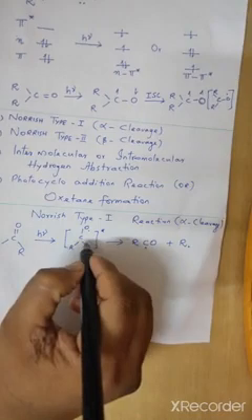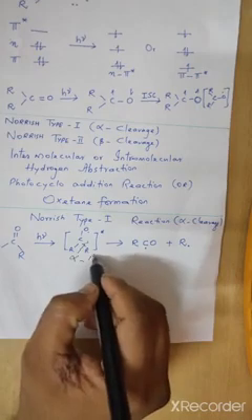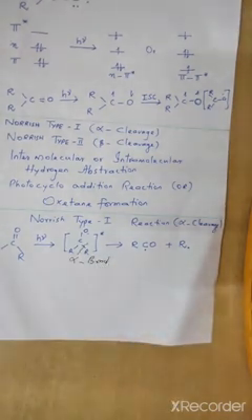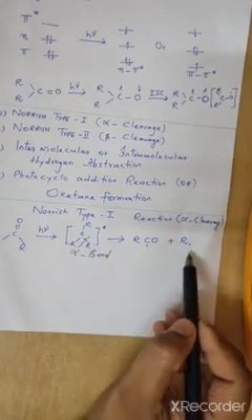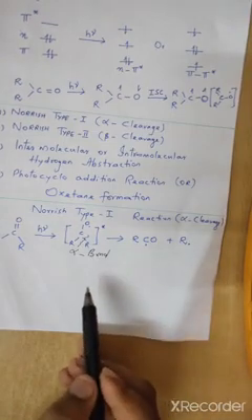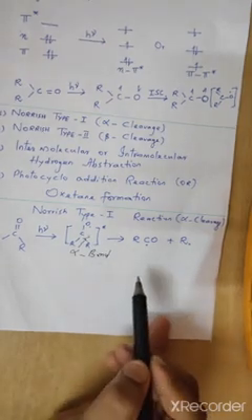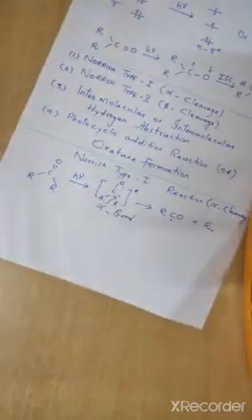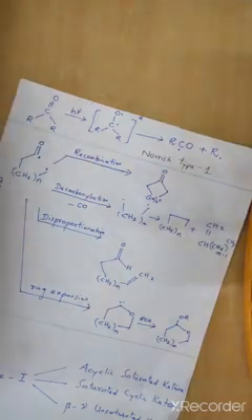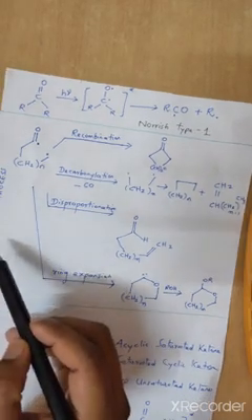So here there will be homolytic cleavage. This is the alpha bond. As a result of this, two radicals are formed. One is the acyl radical and the other is the alkyl radical. So this is the primary process. Next we pass on to the secondary process, after this reaction.